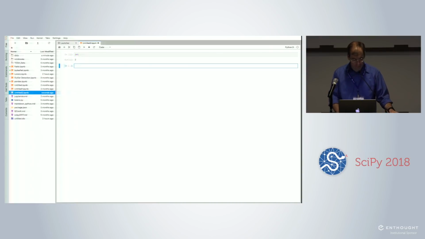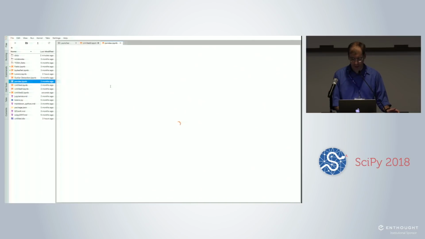This notebook is a complete rewrite of the classic notebook interface. We tried to maintain a lot of compatibility with the classic notebook, with the keyboard shortcuts and with the mouse interactions, etc. And it uses exactly the same file format as the classic notebook. So the same file format, the same workflow that we all have come used to, but a completely new implementation that allows us to do a few new things. So as an example,